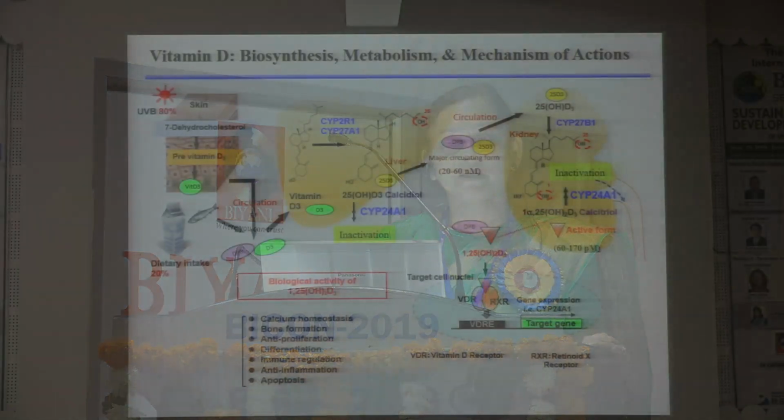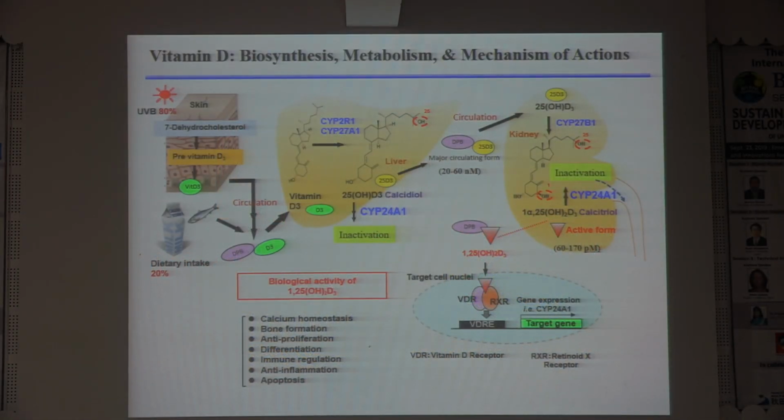Now, understanding vitamin D metabolism is very critical to understand the mechanism of its function. So first of all, the major part of vitamin D is synthesized in the skin under the influence of UV light, and a small part is derived from dietary intake. So in the skin, what happens? In the skin, 7-dehydrocholesterol is converted into previtamin D3, and previtamin D3 is further converted into vitamin D3, and this vitamin D3 is transported into the blood and then hydroxylated